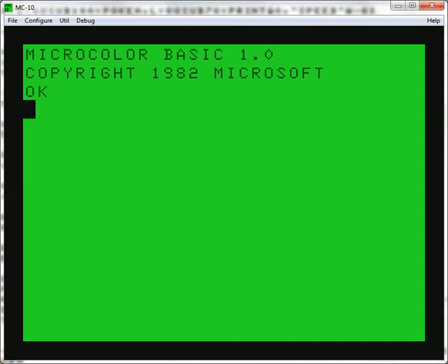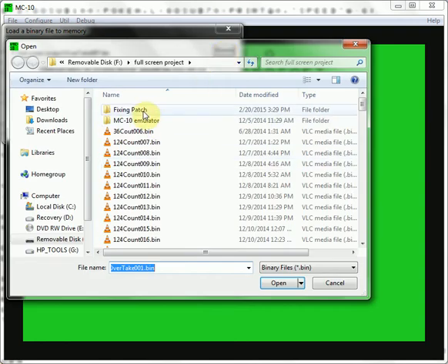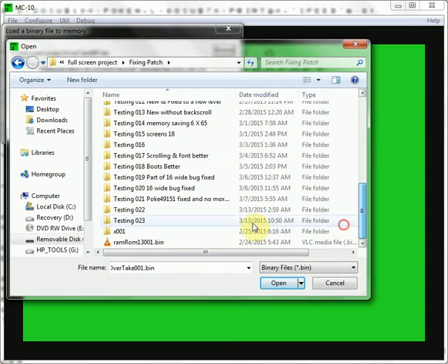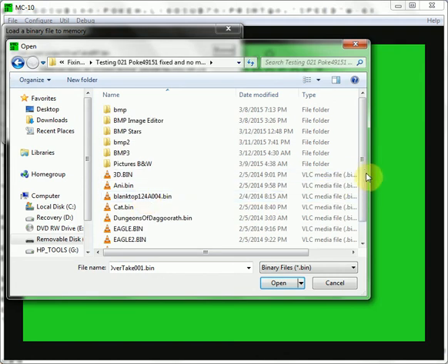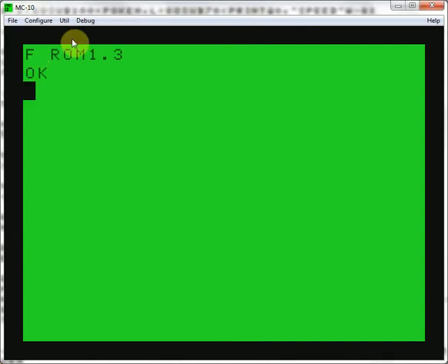Okay, here's a small program that Jim Jerry wrote that I modified so it'll work under the full screen project, and it's an example of what can be done pretty easily with practice, and it'll probably get easier. Let's see. So first thing I need to do is to load the full screen project code, which is that,